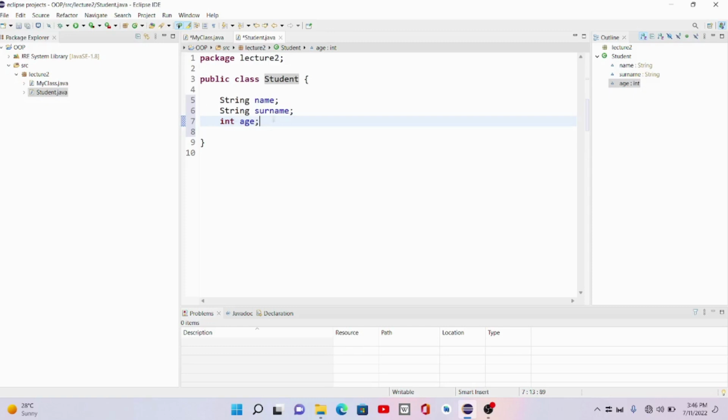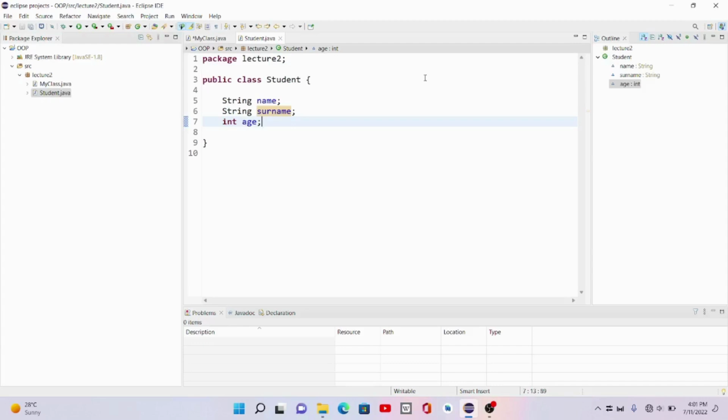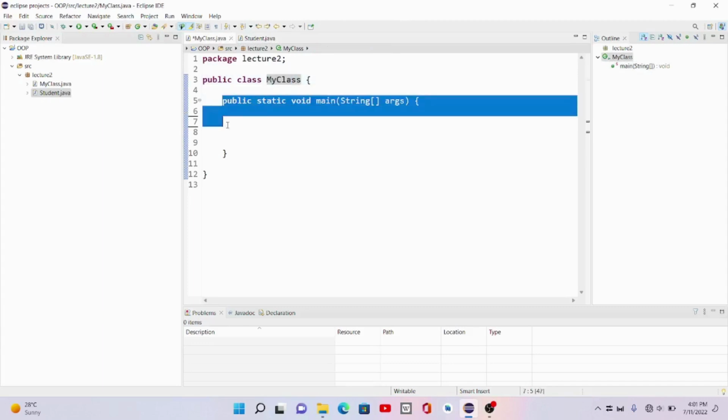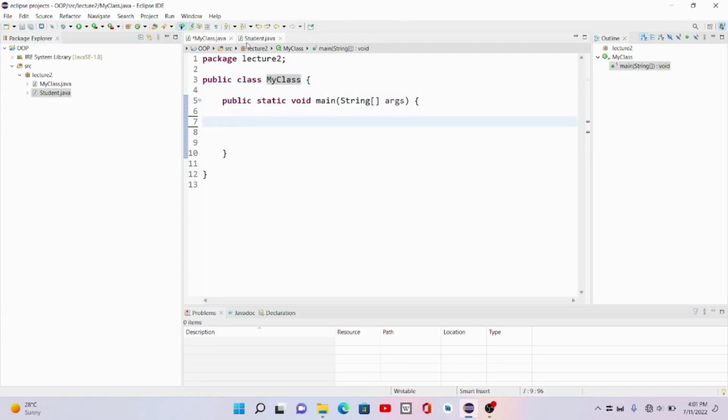video. So please make sure, after creating your variables or after putting your data, you have to press Ctrl S to save this file. Okay, so after that I will go to my class, and within this void main method I will access the student